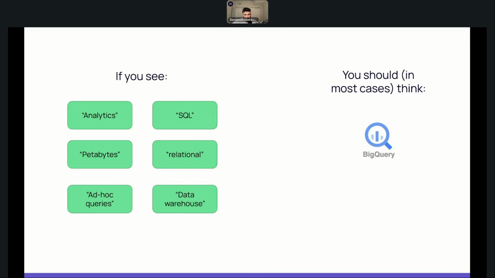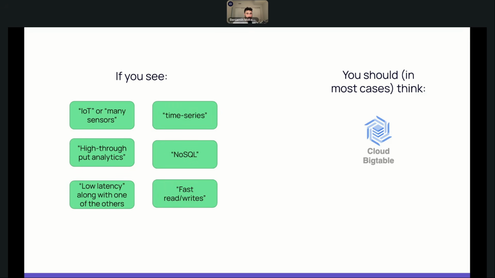These things point very strongly toward BigQuery. Honestly, these obviously vary in how specific they are. There are multiple services that could go along with the word analytics, but if you see 2 or 3 of these in a question, you should very strongly consider BigQuery. We're going to keep it moving here because it's 2:20 already, and I want to leave some time for questions and get through everything. So similarly, Bigtable,